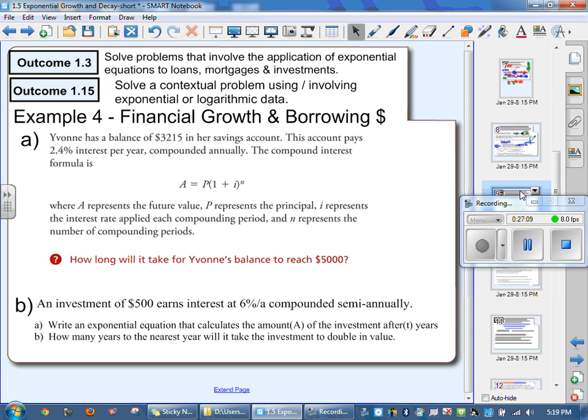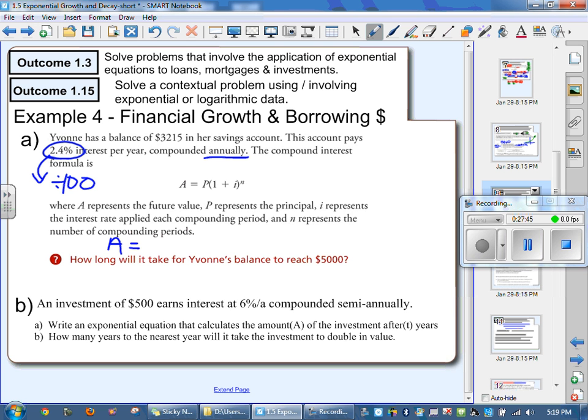So Yvonne has a balance of $3,215 in her savings account. The account pays 2.4% interest every year, and it's compounded annually. Annually just means one time a year, so N we multiply by 1, I we divide by 1. We really don't have to do anything to N and I. All we've got to do to the interest is divide by 100 so we can put it in the equation. Okay, let's write the equation then. A stands for final amount. How much do I have in the end? Our principal amount is what we start with. So Yvonne's starting with